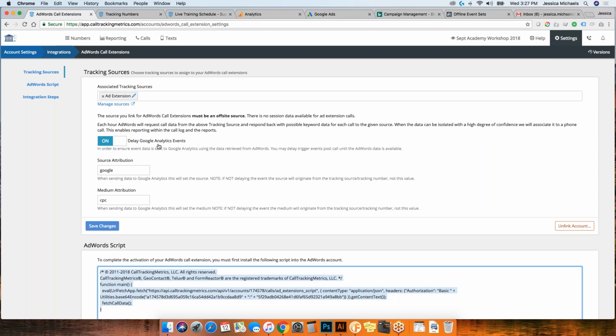This is going to allow us to capture the campaign information, attribute it to the call, and then send the call from CTM into analytics. So that way the data will be consistent between the three programs. If this is disabled, we'll send the event immediately after the call is completed, and then it won't have any of the campaign data associated with it. So that's the reasoning behind that.